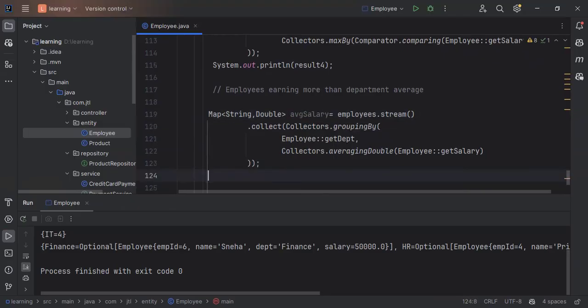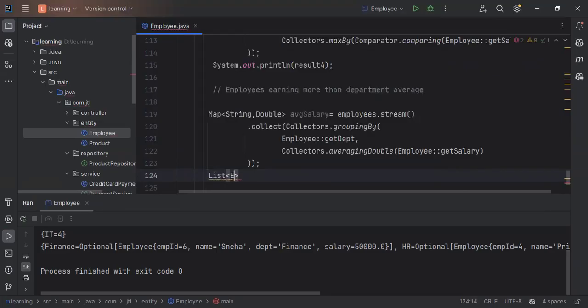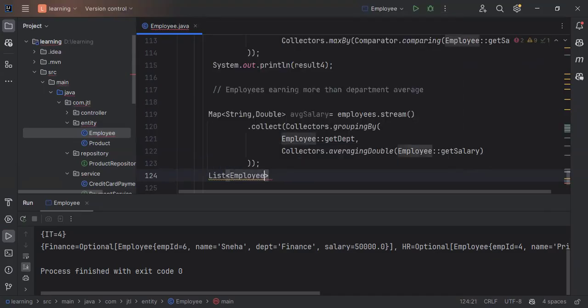For that we will use a List of Employees: a list of employees who are earning greater than the average salary. We will store this into one result variable. Now result 5 we will take equal to